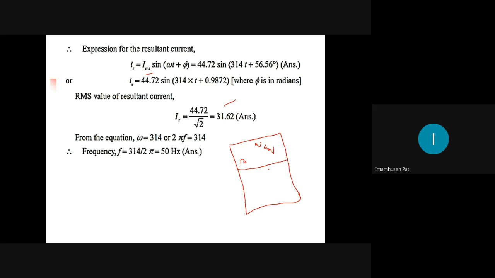Don't decorate your assignment. Don't do any makeup to your assignment. It should be precise. Answers should be precise. Define Ohm's law means you should write only the definition of Ohm's law. Go through the question paper for how many marks they are asking. Don't write about his history, that Ohm was born at this place, married on this, died on this. All those things you should not add. Whatever precise things are required, that only you should write.